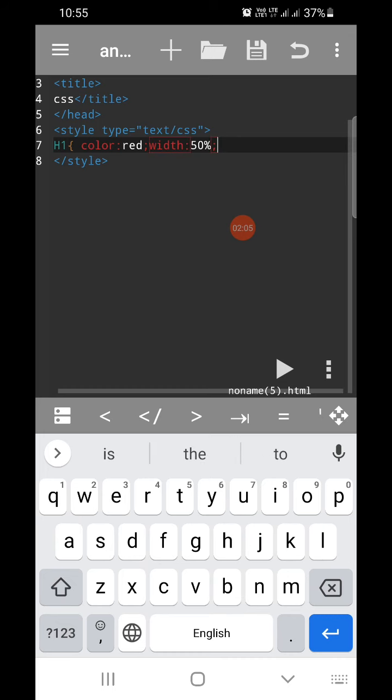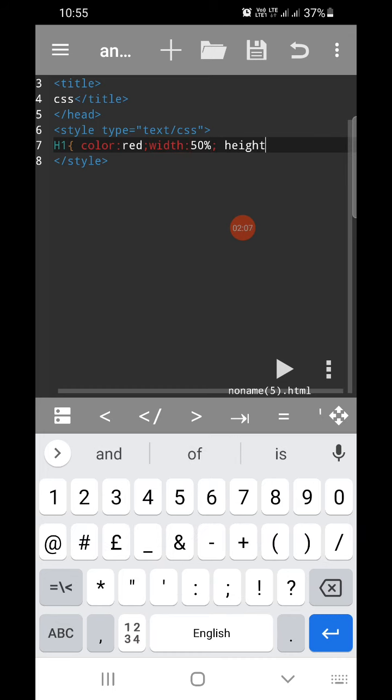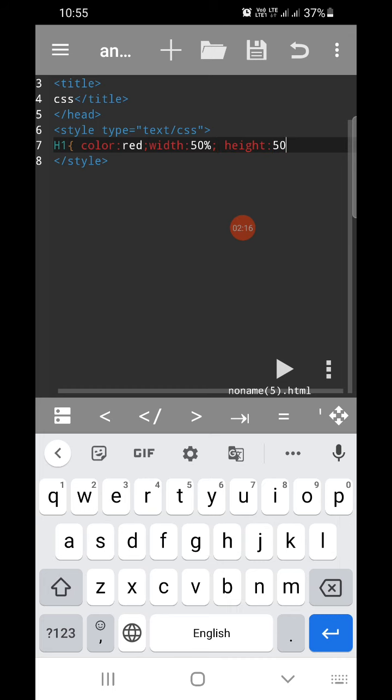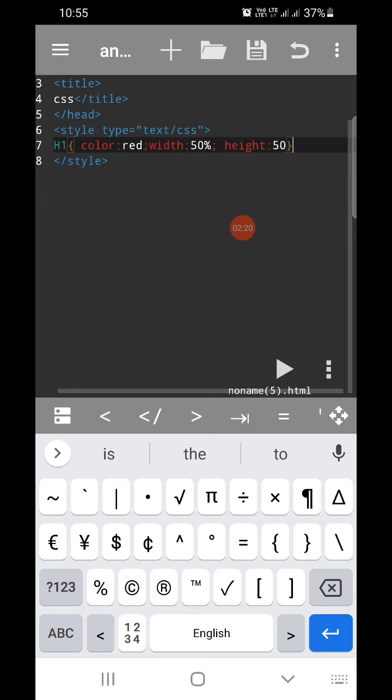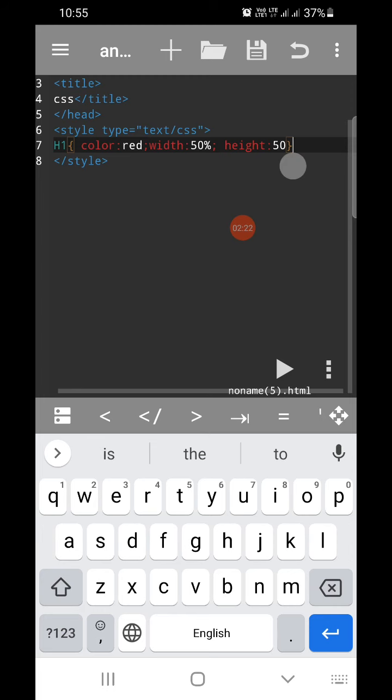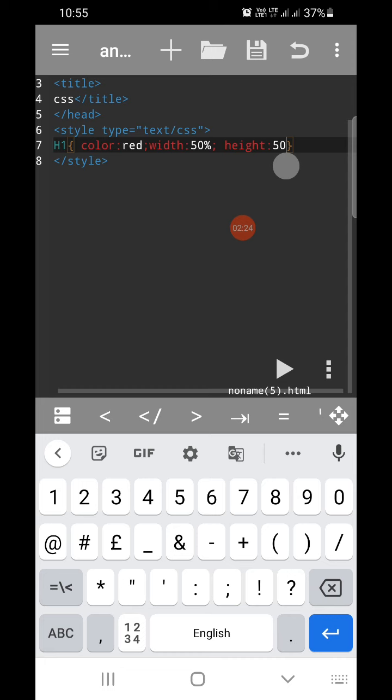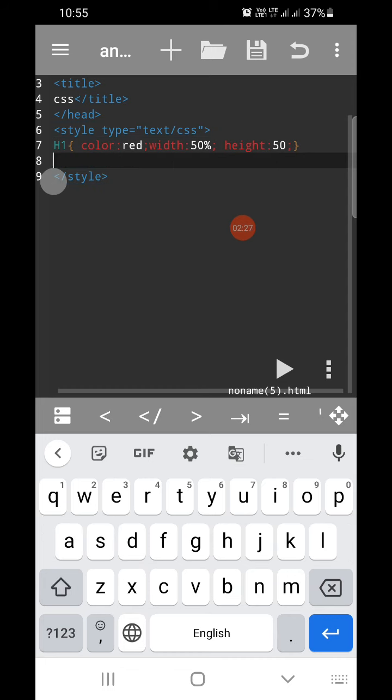I want height, colon, 50. I can write it like this; both are acceptable. This is what I want to apply on the heading tag. Now I will close my curly braces. Put a semicolon after height 50.